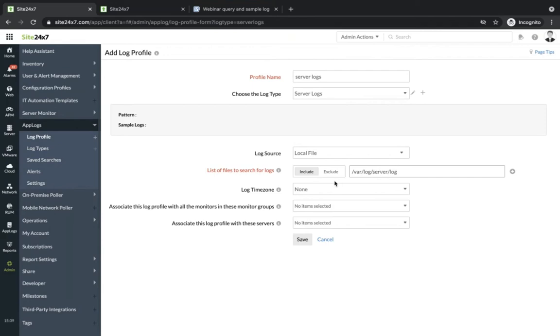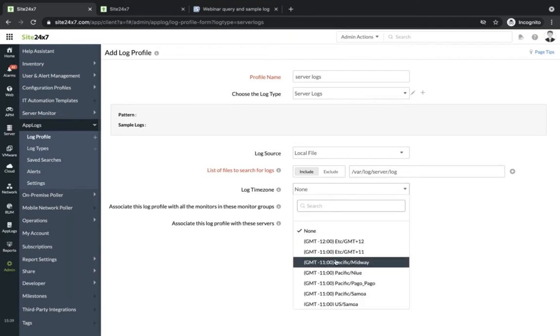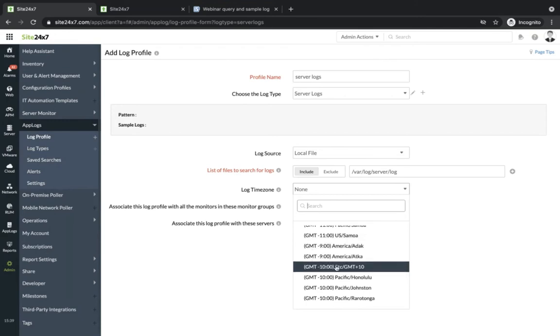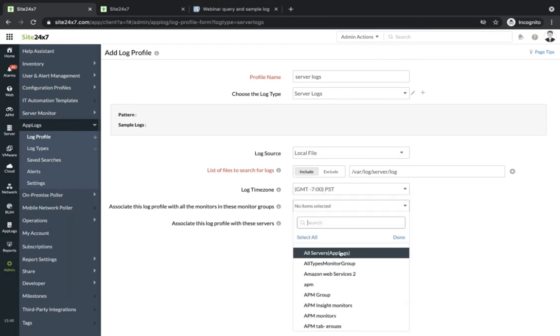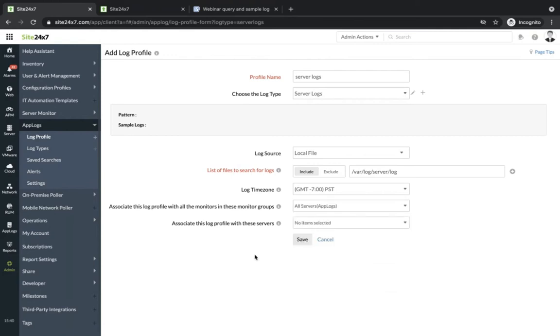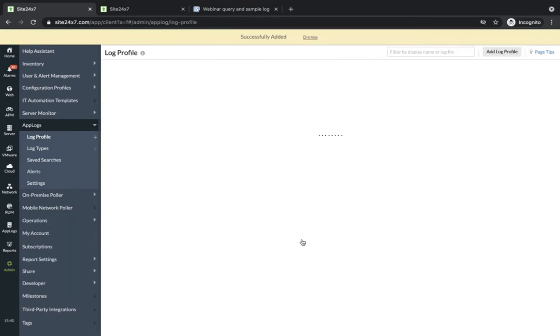Okay. And then choose a time zone based on yours. So for instance, I give PST, and then choose a monitor group to receive proper alerts if this type is down. And then you can associate this log profile with servers if needed, and then click save.